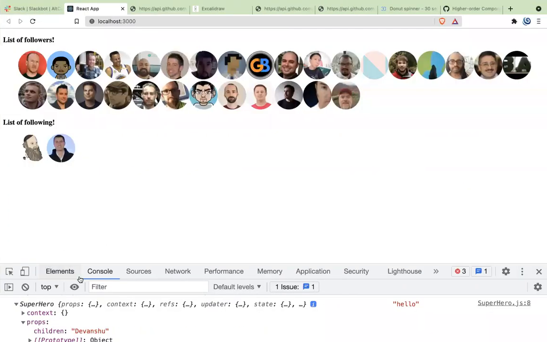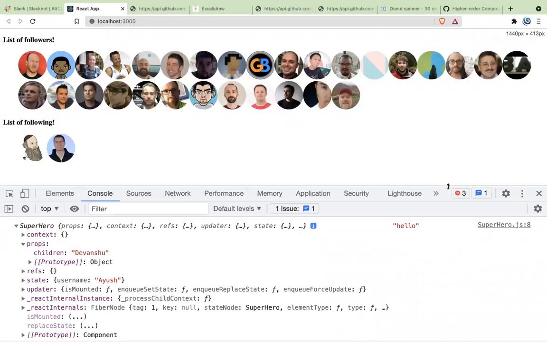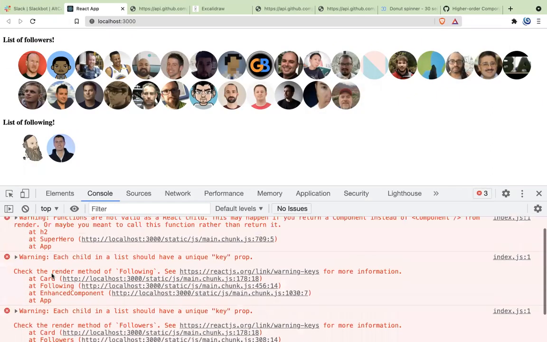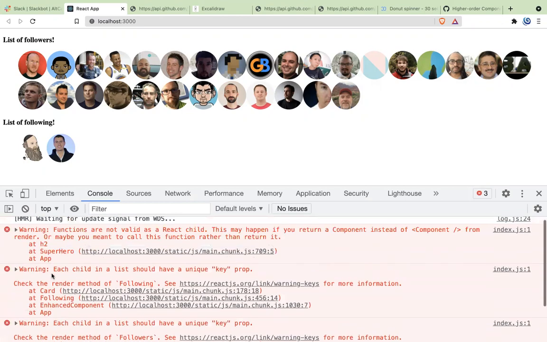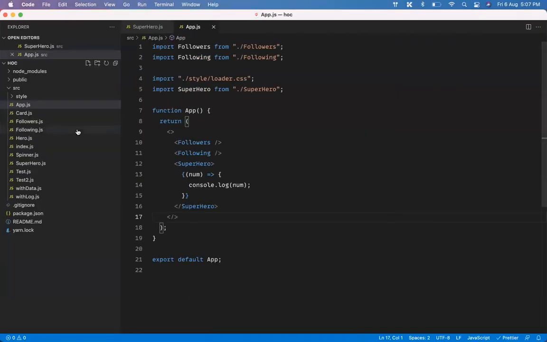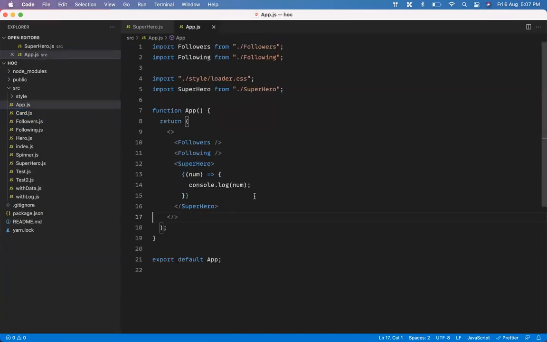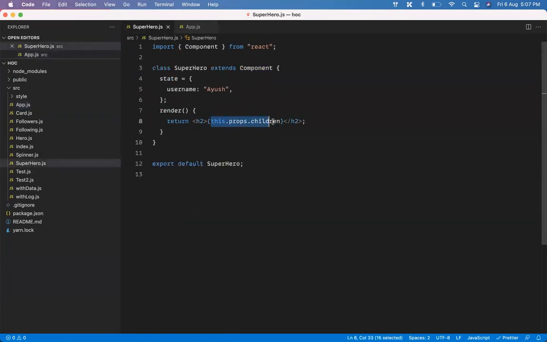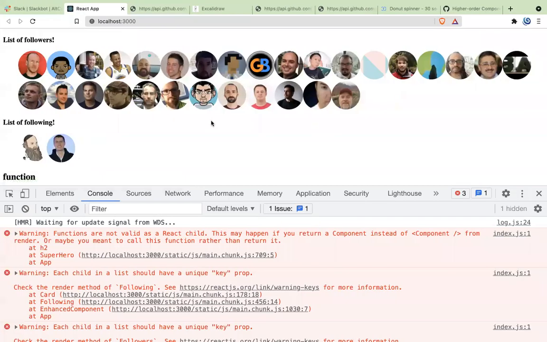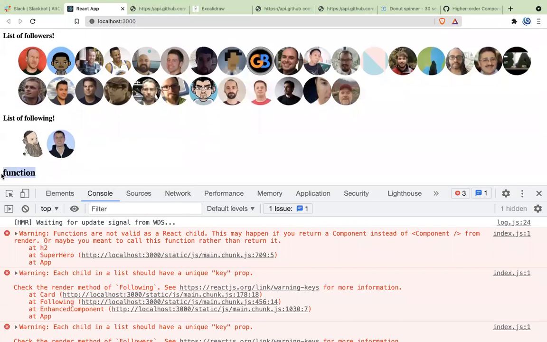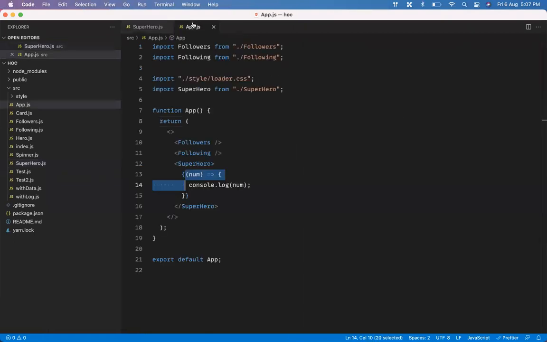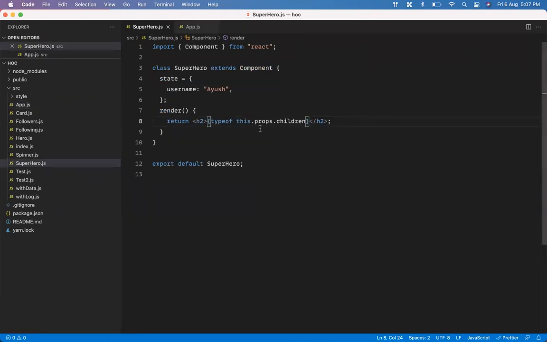So right now, when you take a look at it in your console, refresh the page. Do you see any console here? You don't see any console, right? This log is happening because in card, we are not adding the key. We are adding the key, okay? So where it is happening, it doesn't matter. So here, what we are passing. So right now, if you take a look at it, what is this.props.children? What is the type of it? String maybe. String? What we are passing as a children, can you see? Function. We are passing a function as a children, right? And that function is this.props.children.